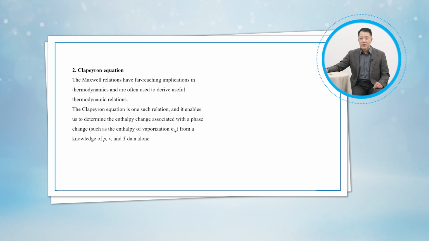The Clapeyron equation is one such relation, and it enables us to determine the enthalpy change associated with the phase change from a knowledge of P, V, and T data alone. According to the third Maxwell relation,